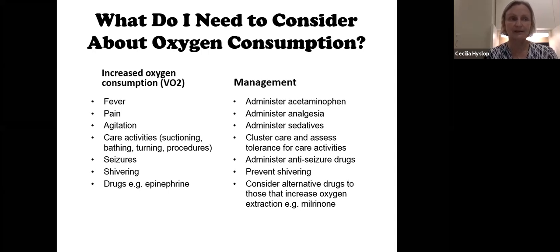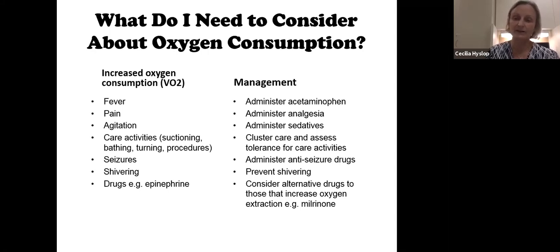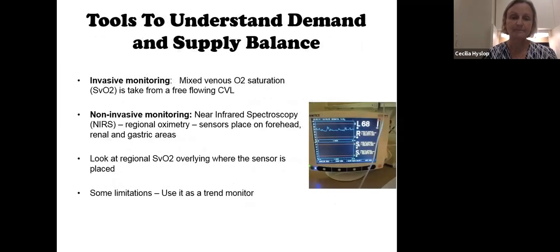And remember, sometimes they're subclinical. There are no overt signs. So doing EEGs to assess, or continuous EEGs to assess those at risk. Shivering, prevent shivering, and then consider alternative drugs that maybe have less oxygen extraction, such as milrinone over epinephrine. So we need to use tools to understand that supply and demand